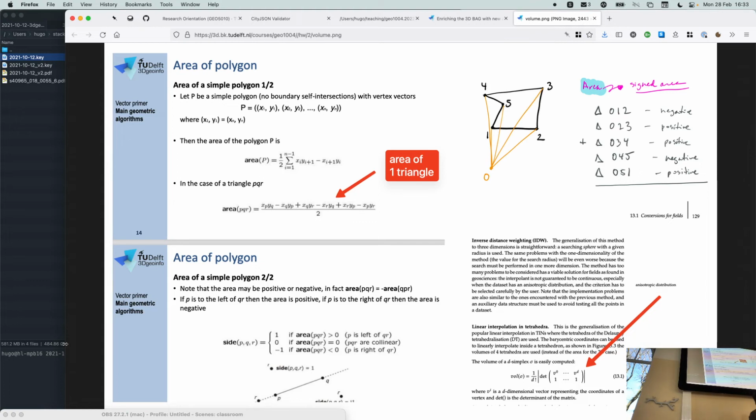Then you're going to have one triangle in 3D space plus a 0 that you define somewhere. That gives you a signed tetrahedron, positive or negative. And if you sum everything, positive and negative, you will get the volume of your building. And you need to implement it this way.